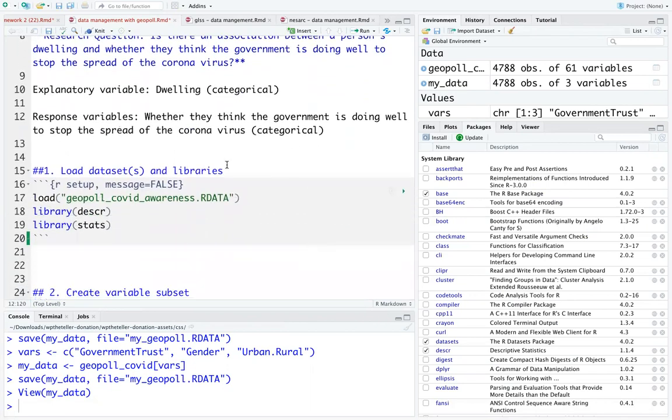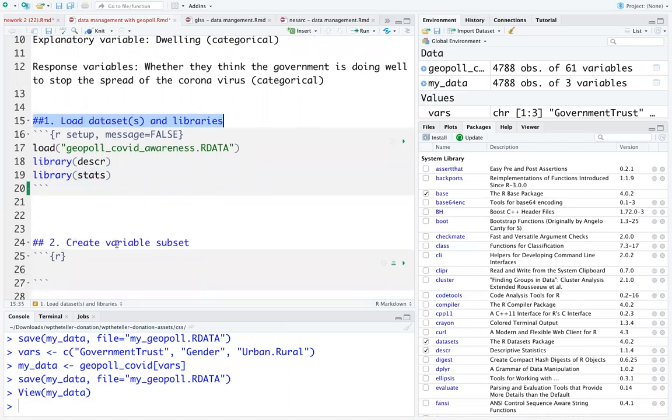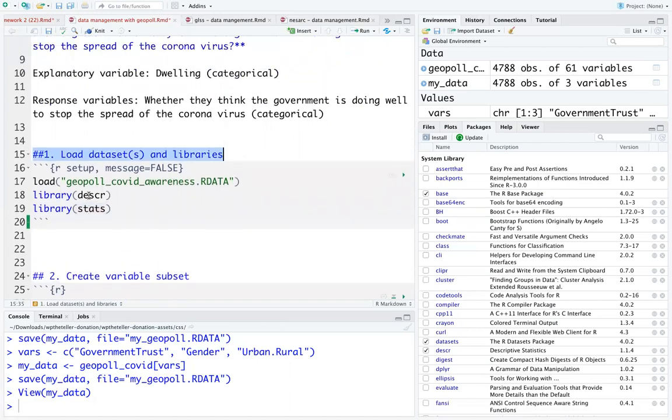So now I already showed you how to load the data set and then how to use this library. We're going to have a third library. I'll show you what it does in some of the subsequent videos. So make sure you have a heading to tell us that in the next code chunk, you're going to be loading the data set and the required libraries. Now, the next thing is you're going to create a variable subset, right? And the reason we are doing this is that